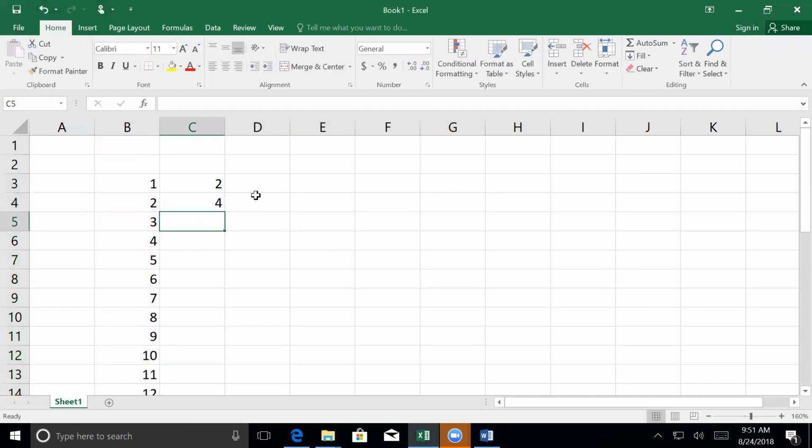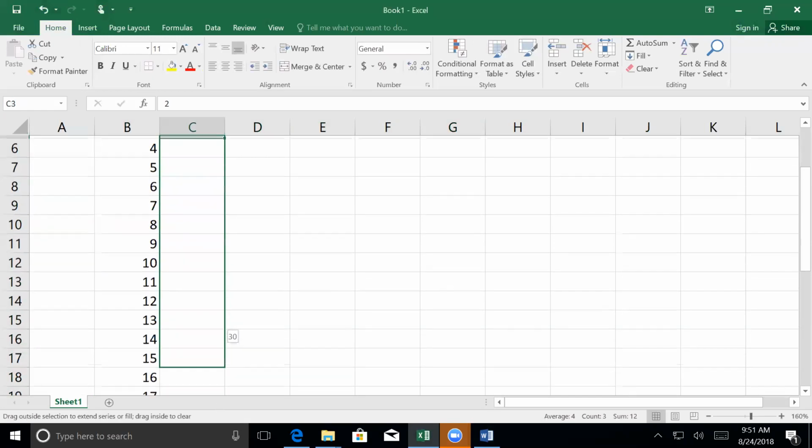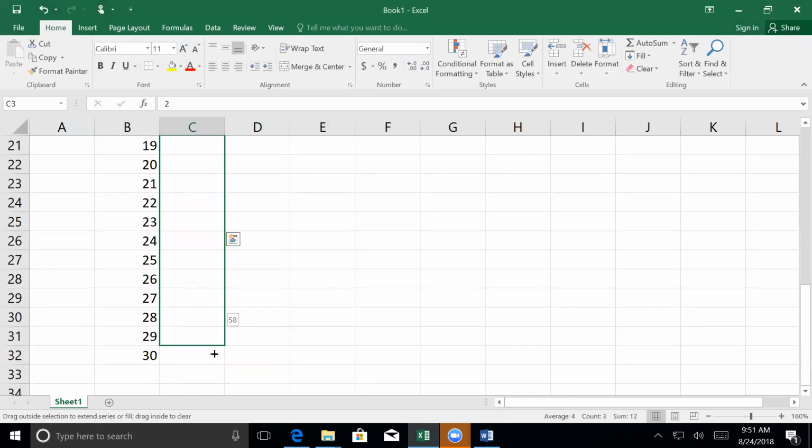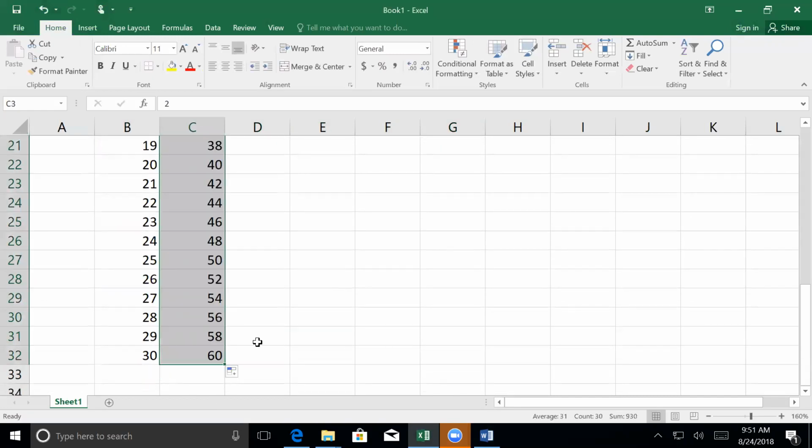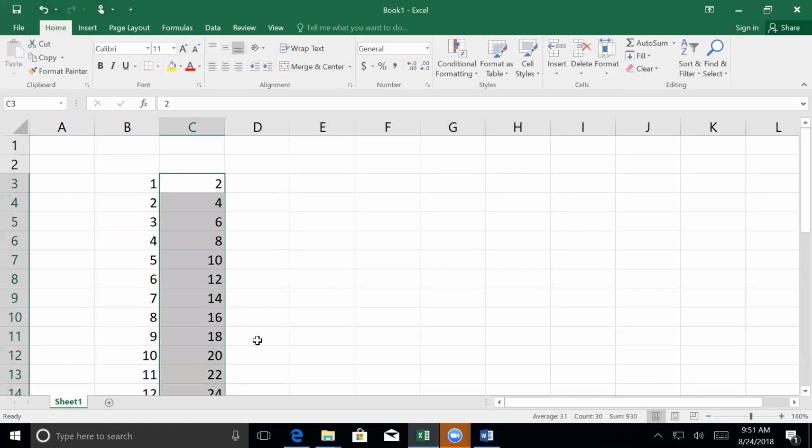I mean, we'll do simple ones here. If I do 2, 4, and 6, we'll just do the even numbers. You can highlight those. Again, just click and drag to highlight. And when you're ready to fill, go to the bottom right-hand corner, click and drag as far down as you want to go. Scroll back up here, and